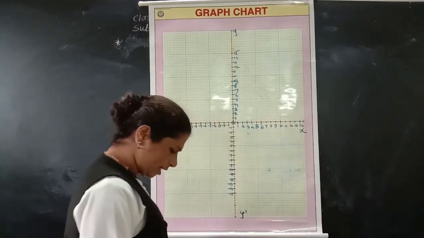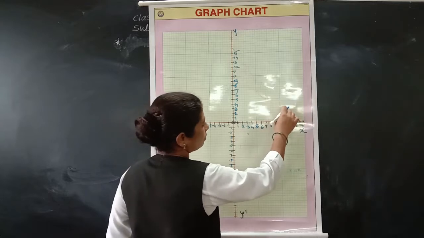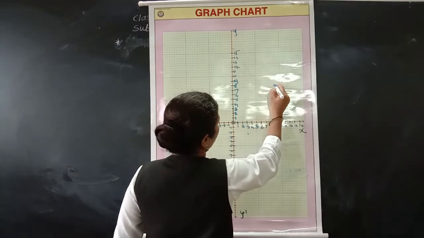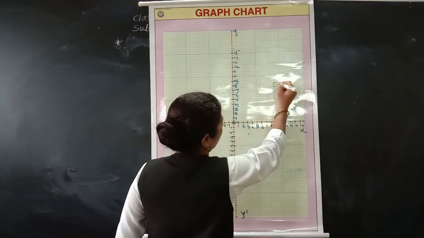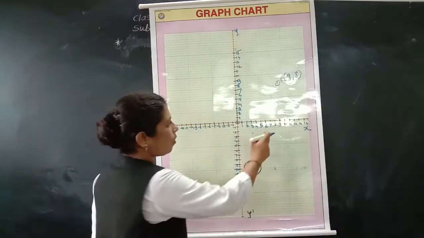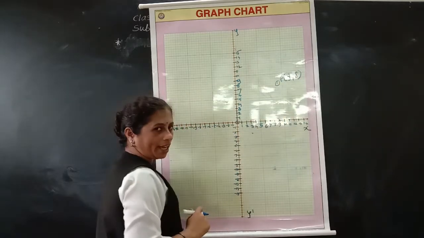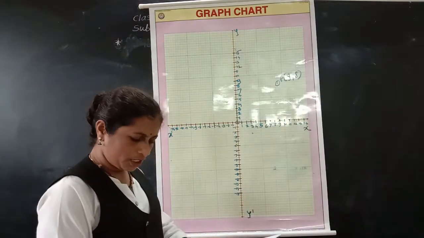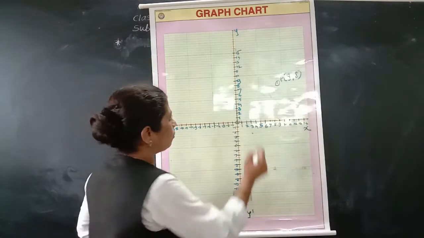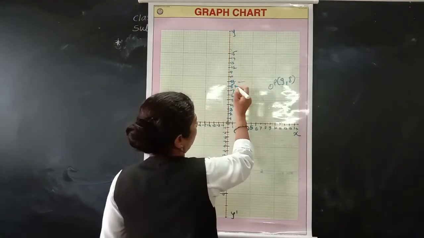Next question is the perpendicular distance of point P 9, 8. 9, 8 means we have to plot this first. Your point will come here, right? This point is P 9, 8. Now you will see properly. This point 9, 8: x is 9 and y is 8. So what is the question they ask? The perpendicular distance of point P from the y axis, right? So from the y axis here. Where we have to join.